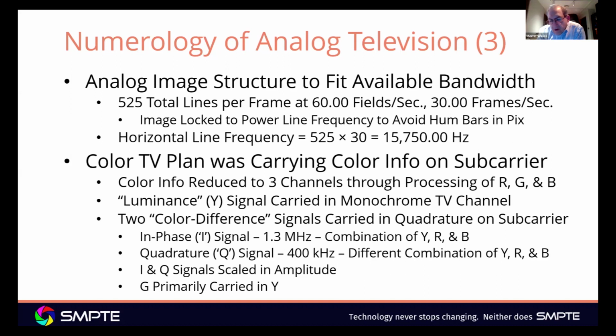And there were actually 2 signals that were carried on the subcarrier, an in phase or I signal and a quadrature or Q signal having different bandwidths, where the wider bandwidth was used primarily to enable more information in the